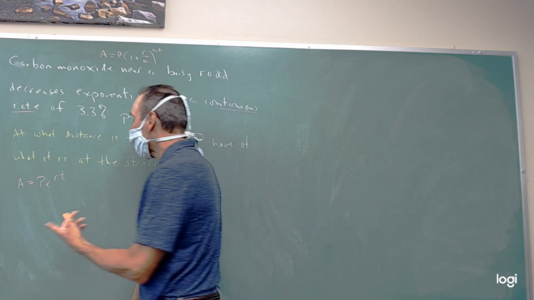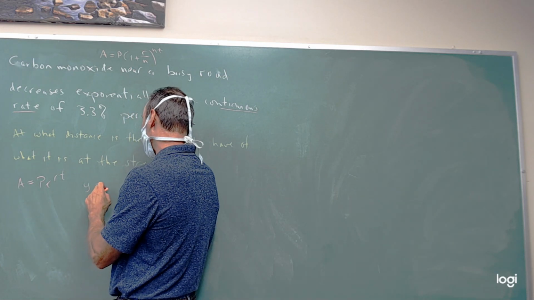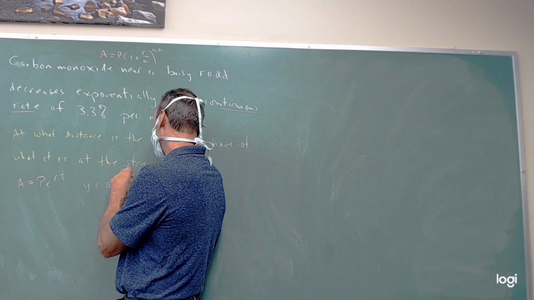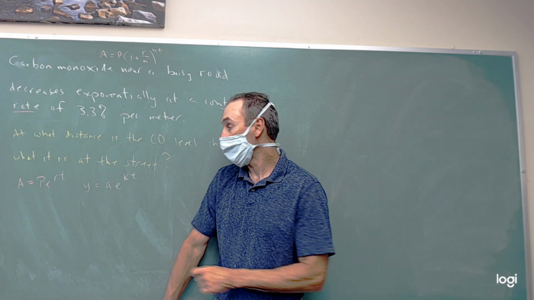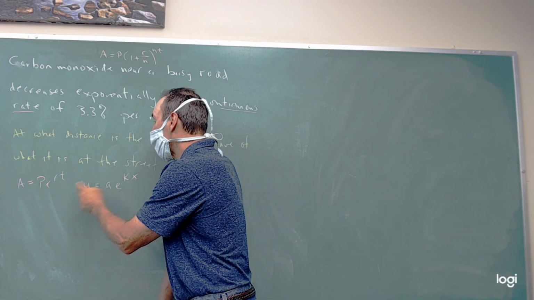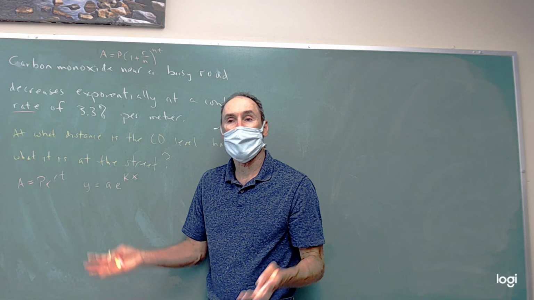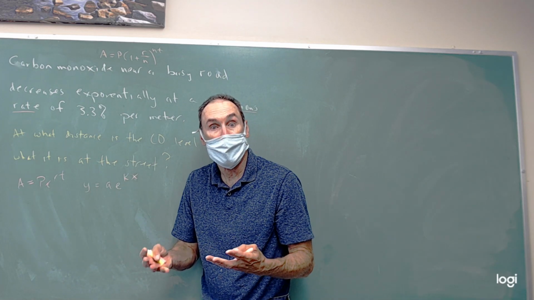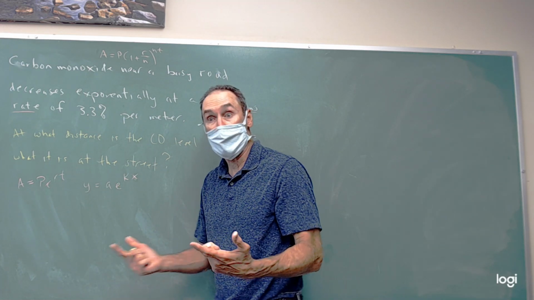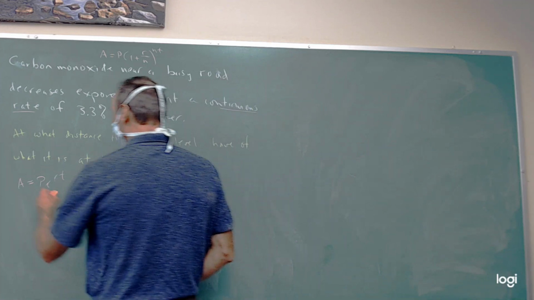Now, usually in math, you might write something more like y equals A e to the kt, or kx, or something. It doesn't matter what you call these letters here, P, r, A, k, whatever. It's all the same. It's just a way that you can remember it. The big thing is you have to remember how to get started. So are we okay with just using Pert? Okay, so if we're going to use this, then